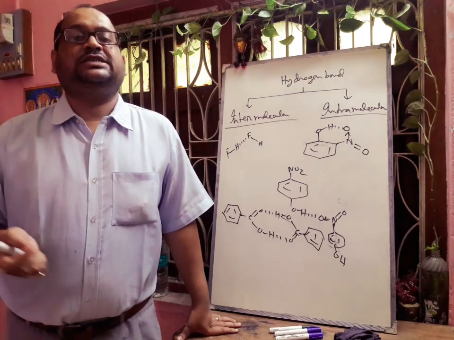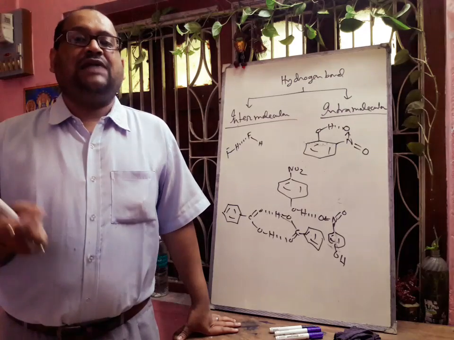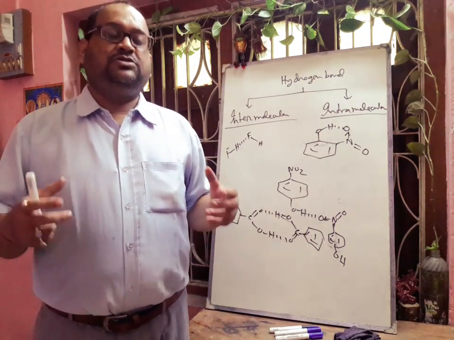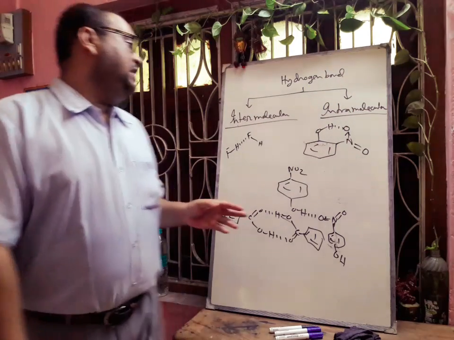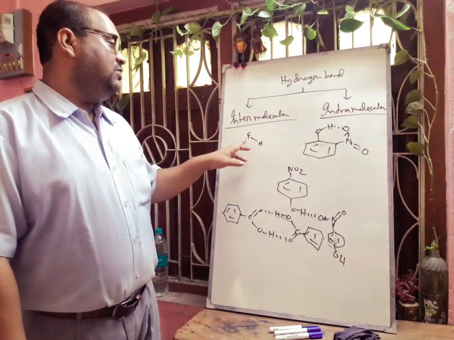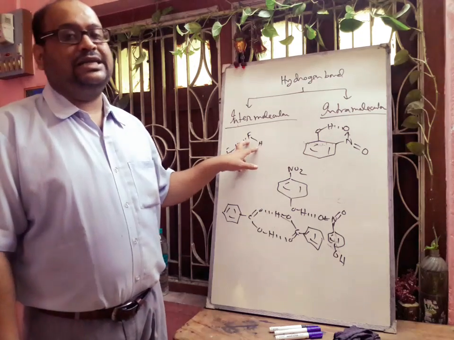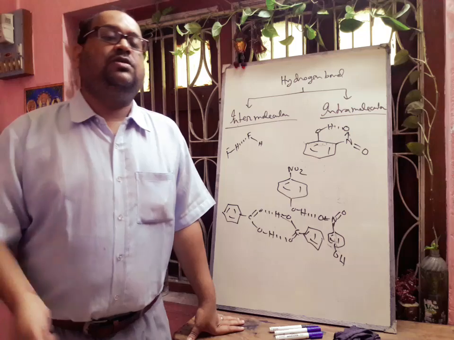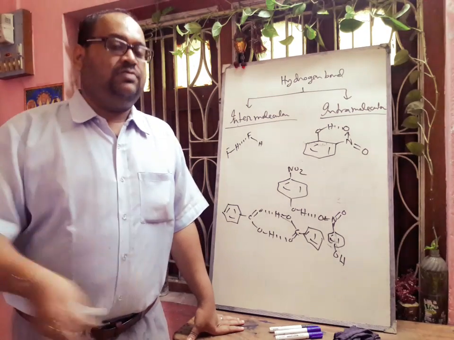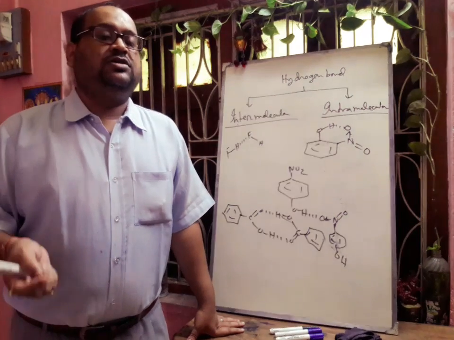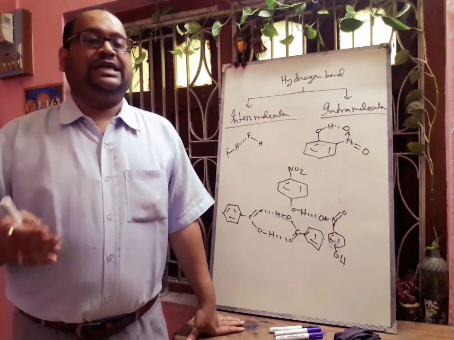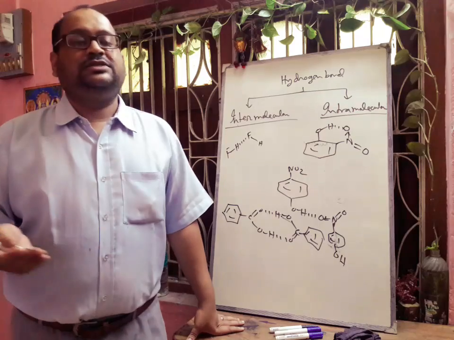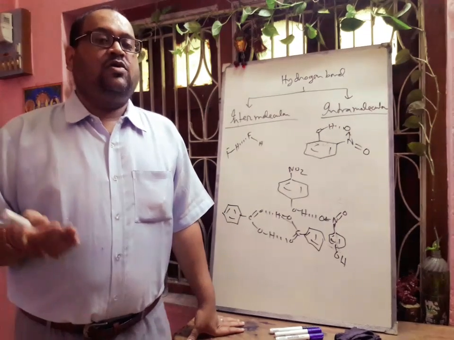And lastly we will discuss why water has a higher boiling point than HF. Just now we have discussed that fluorine can form strong bonds, but if we see the structure, HF will be attached with 2 HF by hydrogen bonding. But in case of water, one water molecule will be attached with 4 water molecules through hydrogen bonds. So because of the greater extent of hydrogen bonding, the boiling point of water is higher compared to HF.